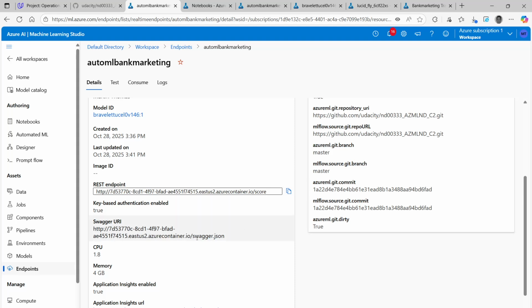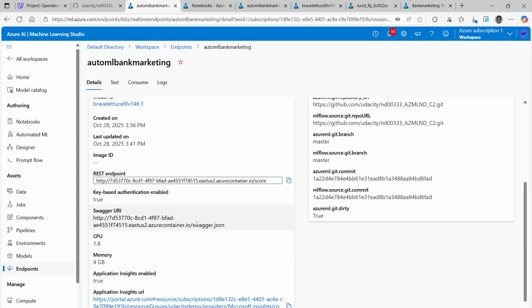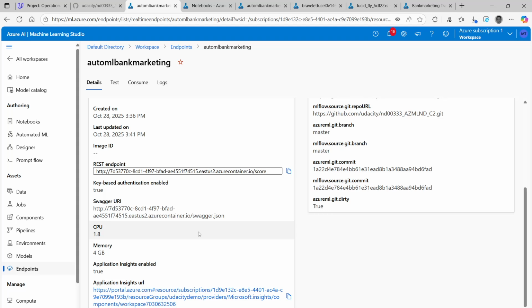You also see here a Swagger JSON file that you can download with help of Swagger. You see what structure you have to send this POST request, and there's also, a task was also, to enable this Application Insights